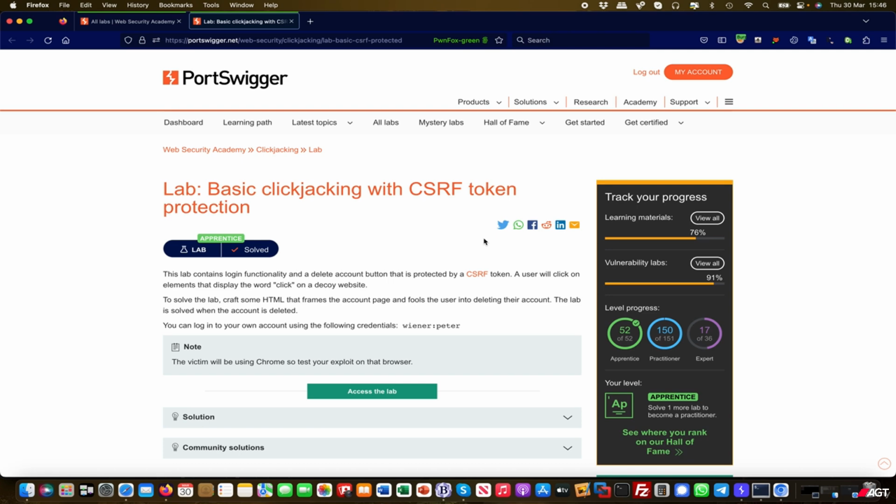And then you give the user a button which says something like "win a prize", but in reality, when they click on that specific button, it will execute a function on the victim website, for example an email change or something like that. But in order to understand this in more detail, we will walk through the lab together. So first of all, it doesn't really matter if there's a CSRF protection token, because the victim is actually executing that